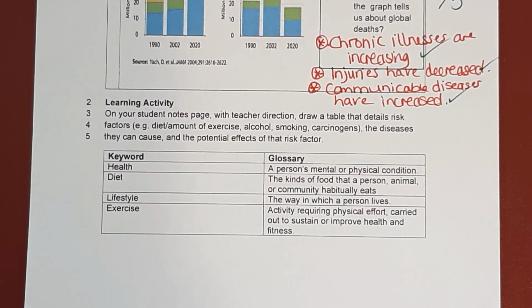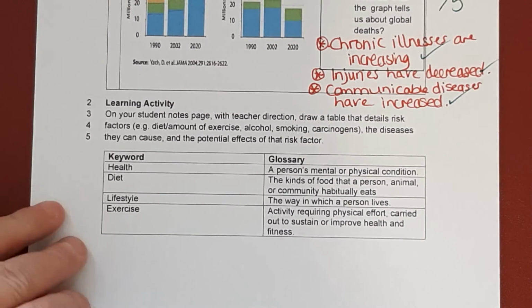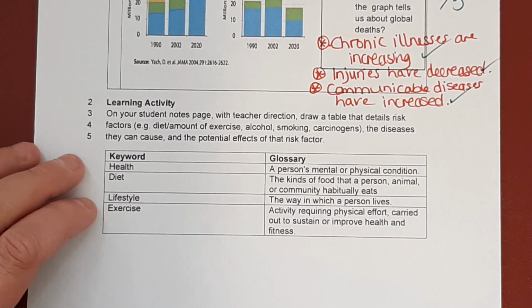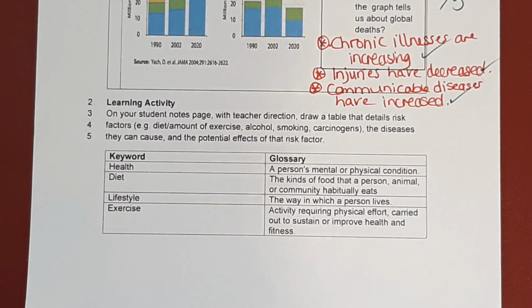Okay, so what I'd like to do is on your student notes page, draw a table that details the risk factors such as diet, amount of exercise, alcohol, smoking, carcinogens, those are cancer-causing chemicals, and the diseases they cause and the potential effects of that risk factor. Now, you don't have to do it in this way. You could do a little bit of research into this using the internet. I don't really mind how it's done. But you need to have a look at in more detail the risk factors and the diseases that are caused by these risk factors. If you can make a couple of paragraphs worth of notes or half a page worth of notes, that would be